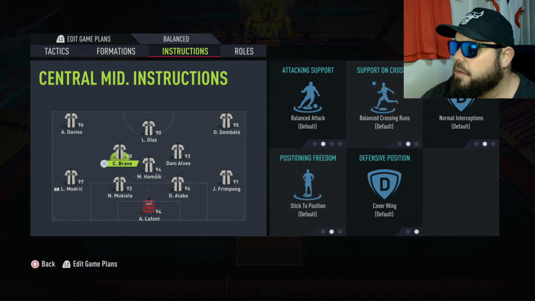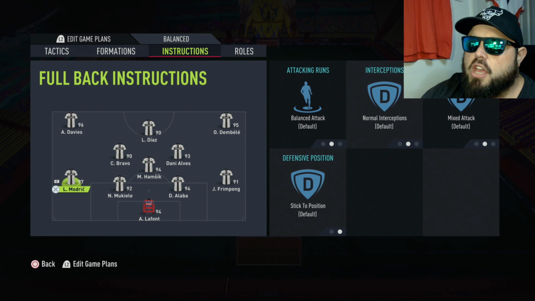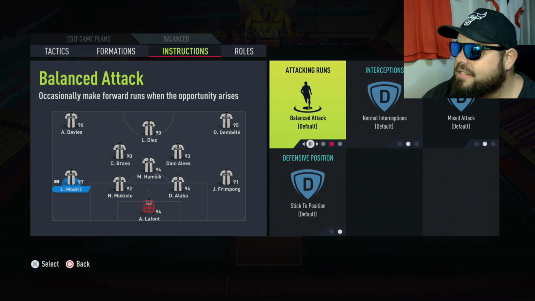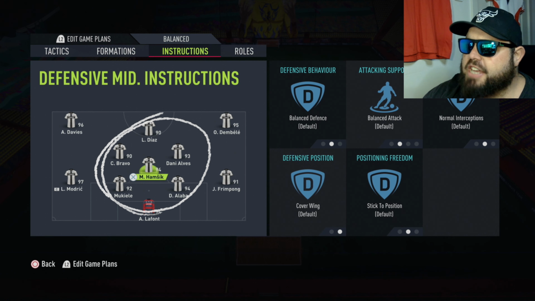Moving into the midfield, we're not going to change too much. Stick to position, covering wings. Stick to position, covering wings is perfect. Here, we want our left and right backs to step up, okay? They just need to step up. The reason for this is we have so much protection through here. As you can see, you've got